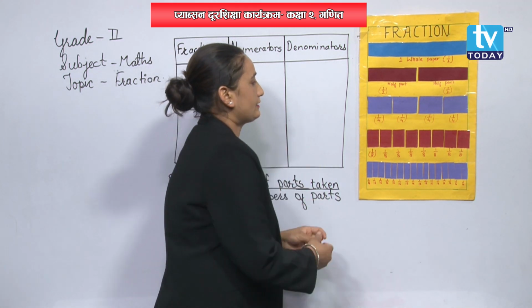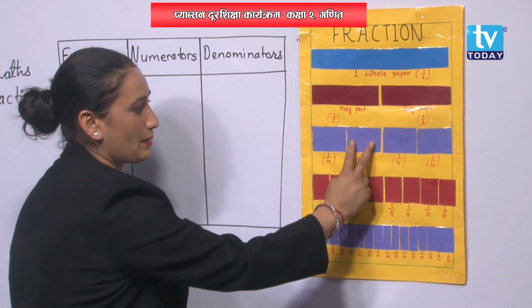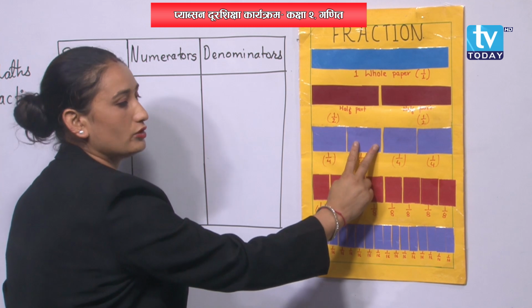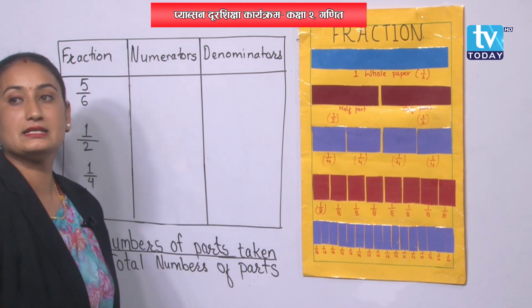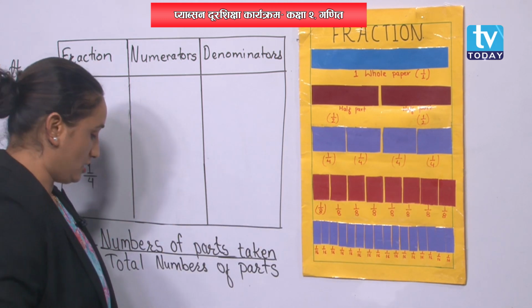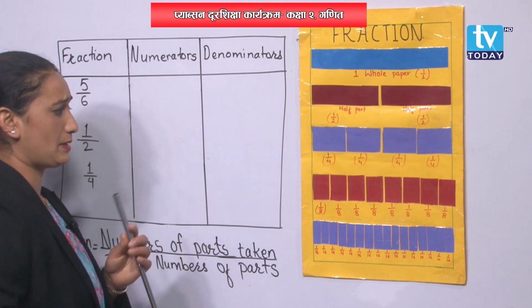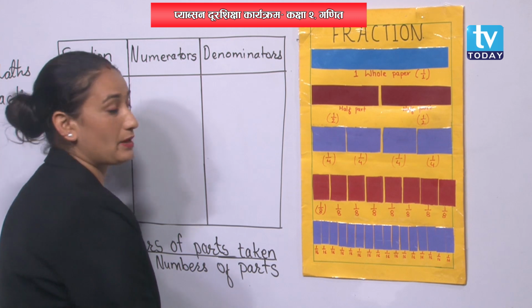Check it out. Then if I cut this one paper into 2 parts, this one paper into 2 parts, 2 plus 2, it will be 4. Again this into 2 parts, then it will be 6. Again this one into 2 parts, then it will be 8. So, now can you count this paper? 1, 2, 3, 4. Can you count this paper?